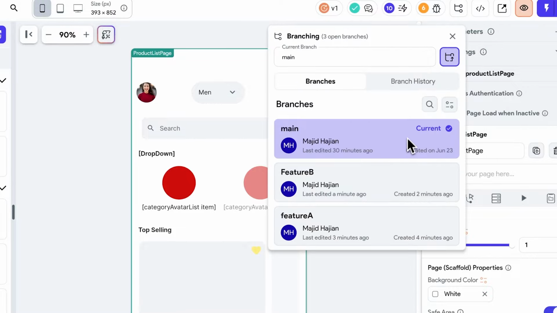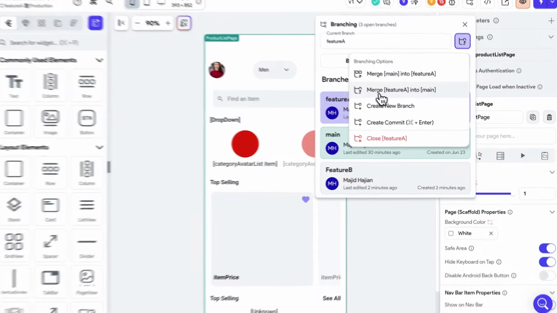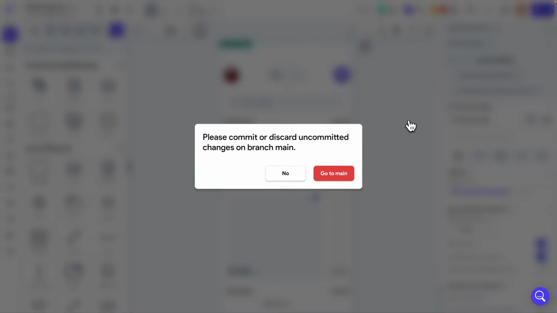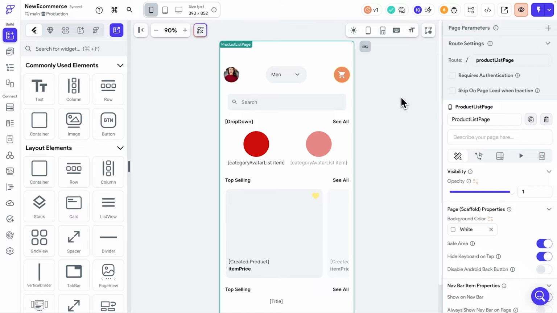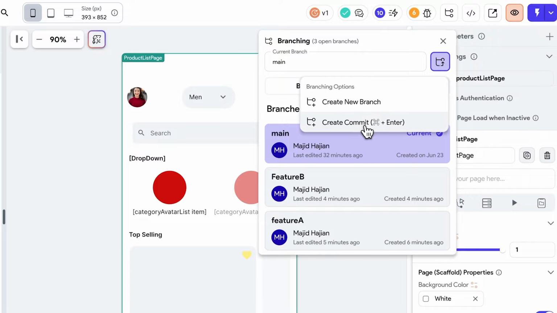So what we're going to do right now is merge feature A back to the main. I'm going to switch to the feature A branch, and I'm going to merge feature A into main. All right, and once you do that, you will see this message: please commit or discard uncommitted changes on the main branch. This is because we made some changes or touched something on the main branch which is not yet committed to the branch. To do that, you can just go back to the main branch, create a commit, give it a name,